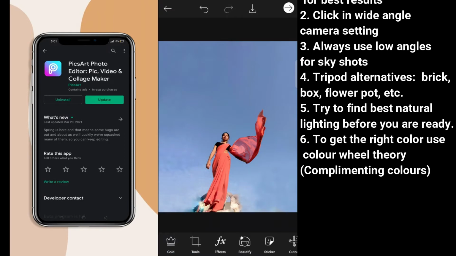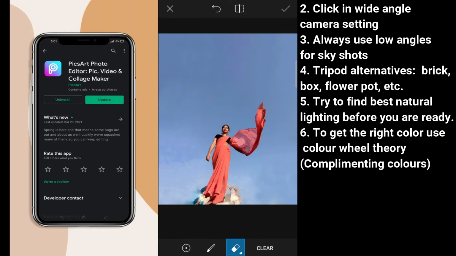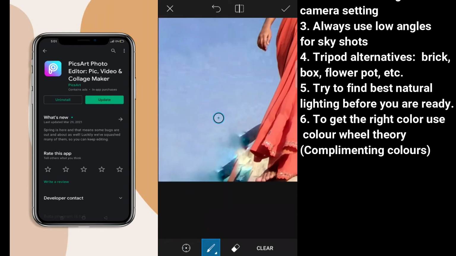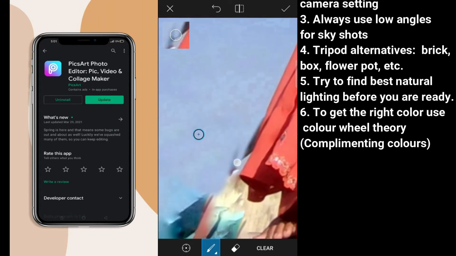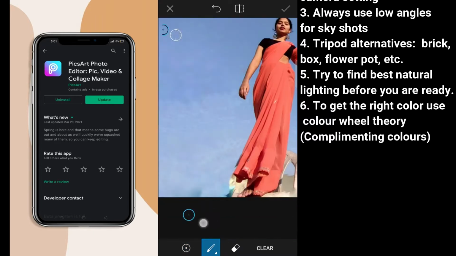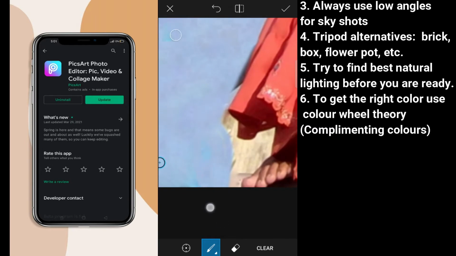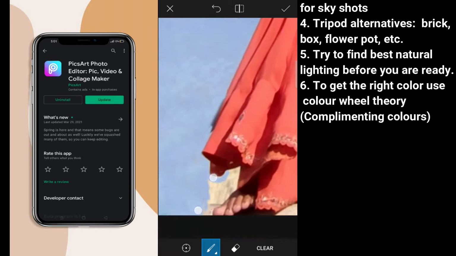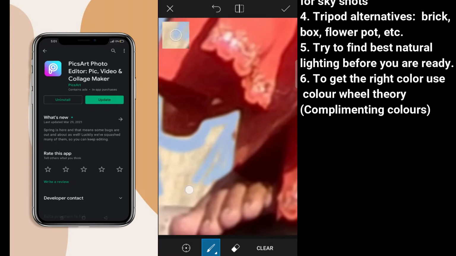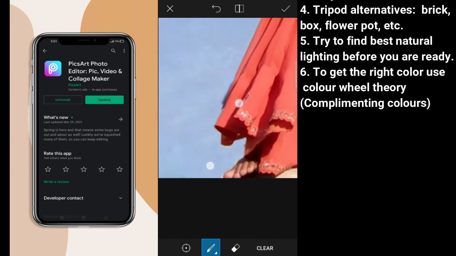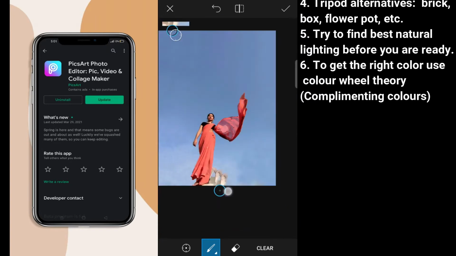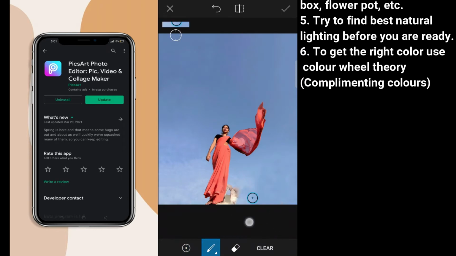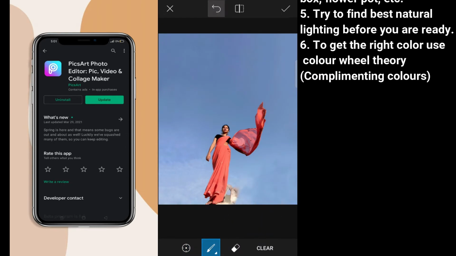So now we are in the PicsArt app. We have gone to tools and clone. So यहाँ पे what I'm going to do is give all the finishes to the picture. What happens here is various parts are actually seen. So you'll see me reduce the size of the brush and then do it. And like you will see my feet also here, and I'll give all the edges. Also for the edges, what you should do is go to hardness and set hardness at 100. So this will give you the best results.